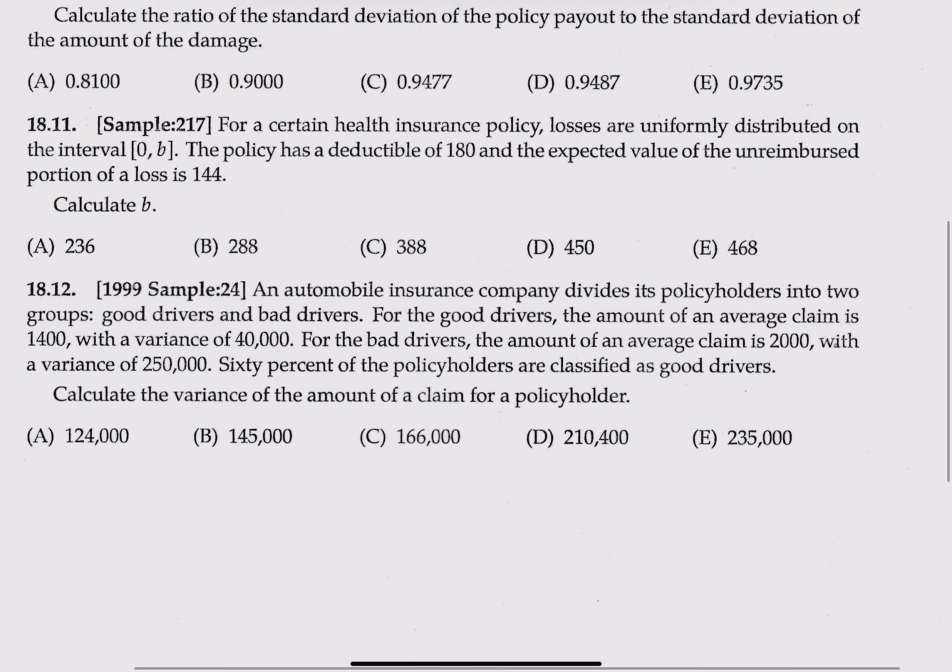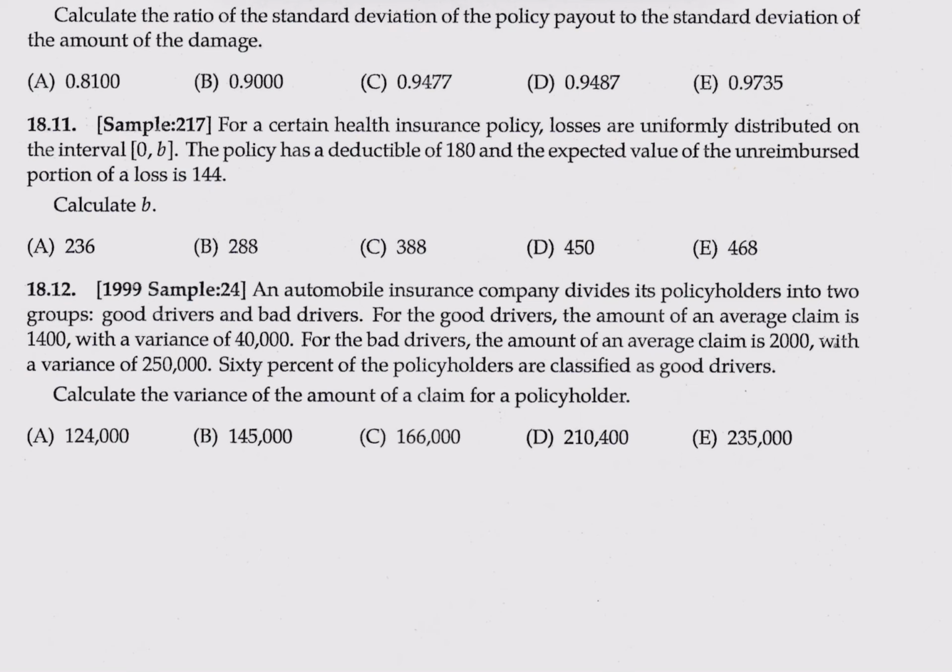To the solutions. For a certain health insurance policy, losses are uniformly distributed on the interval 0 to b. So the loss amount is uniformly distributed between 0 and b. The policy has a deductible of 180 and the expected value of the unreimbursed portion of loss is 144. So the first piece of information from the question is the loss distribution,